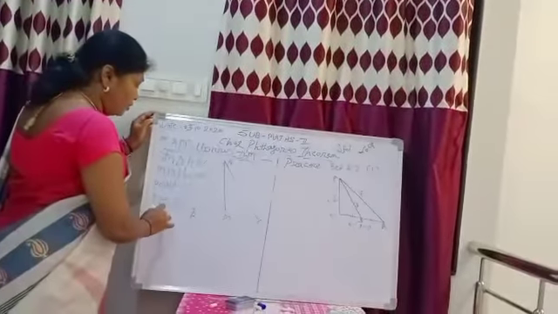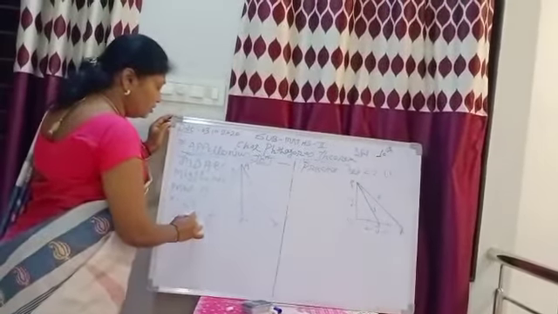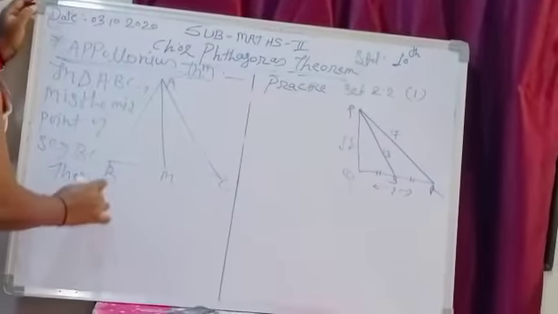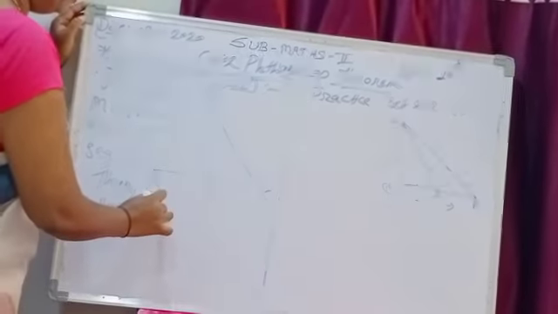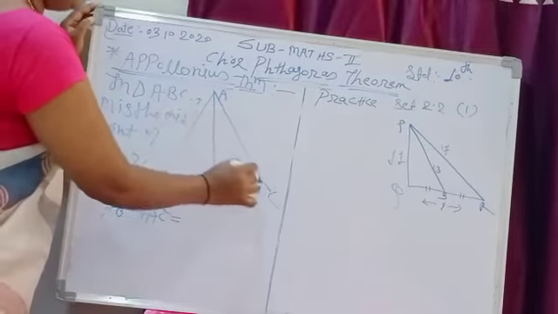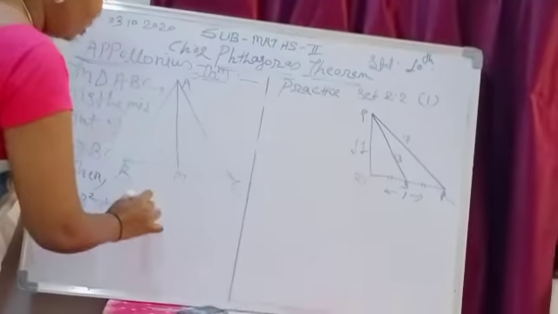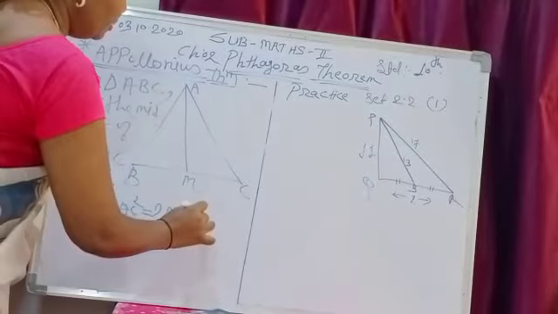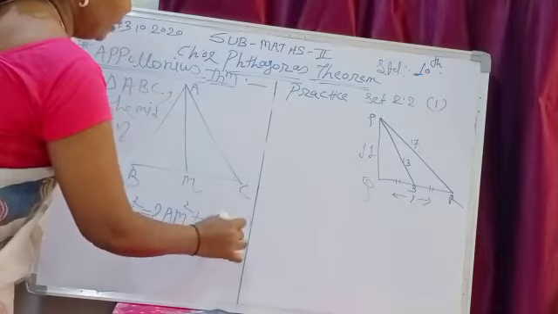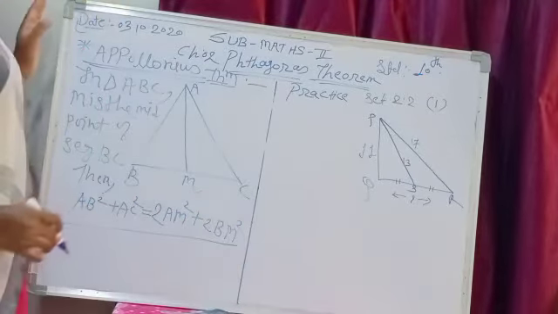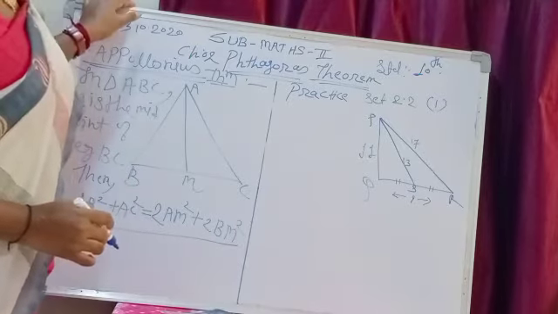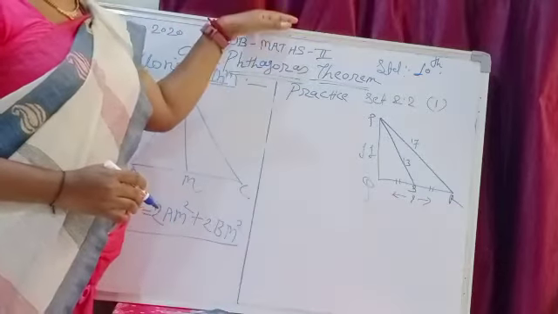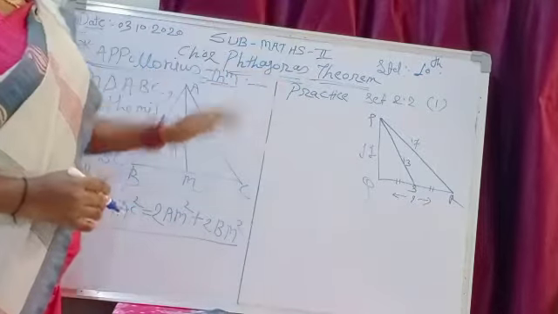Then Apollonius theorem is AB square plus AC square is equal to twice AM square plus twice BM square. And by using this Apollonius theorem we solve practice set 2.2. So first problem is